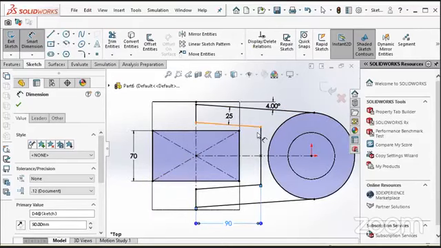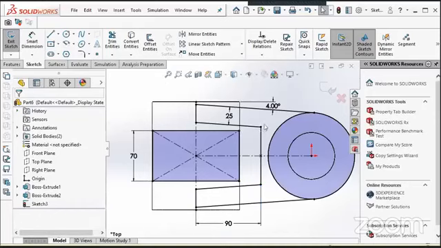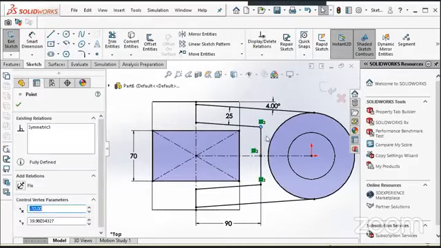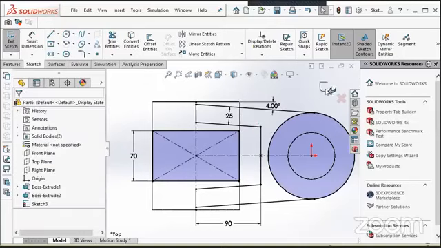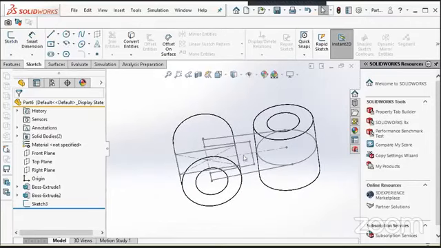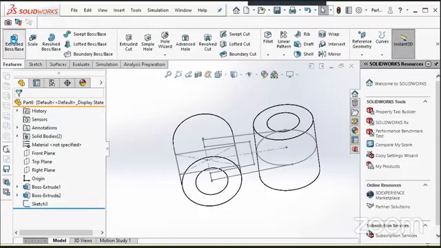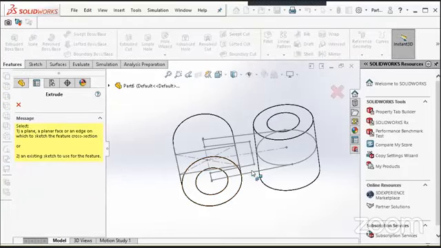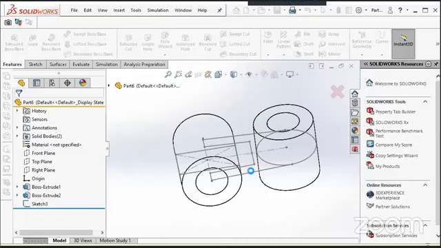Now you can see on the screen, my sketch is fully defined and it is highlighted in black. So when I move or select any of the points, it cannot be moved because it is fixed now. When I have done my sketch, I will make a protrusion of this selection only. For that, I have to go to the feature, extrude base, or I will simply select this sketch.